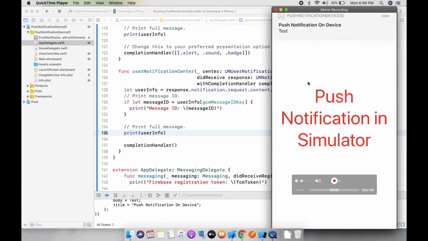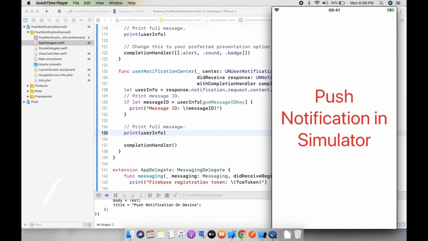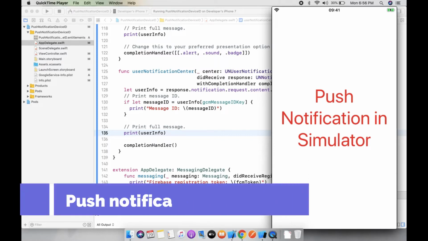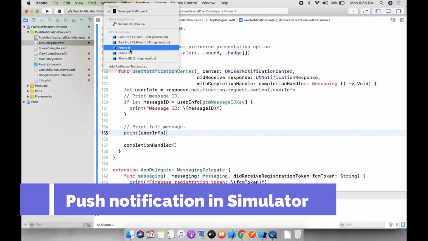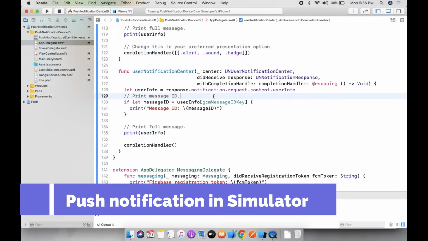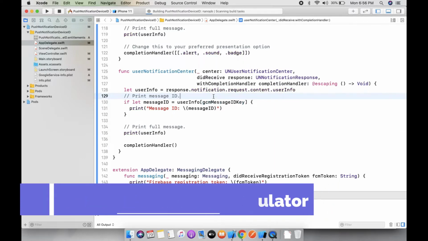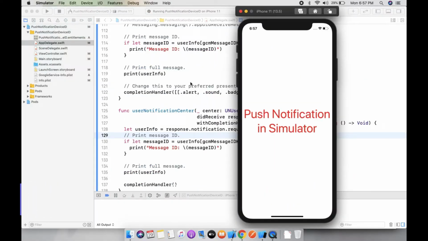Now push notification is working fine on device, but this video is about how we can test push notification on simulator. So let's choose iPhone 11 first and run this. The release notes of Xcode 11.4 include a section that says simulator supports simulating remote push notification, including background content fetch notification.